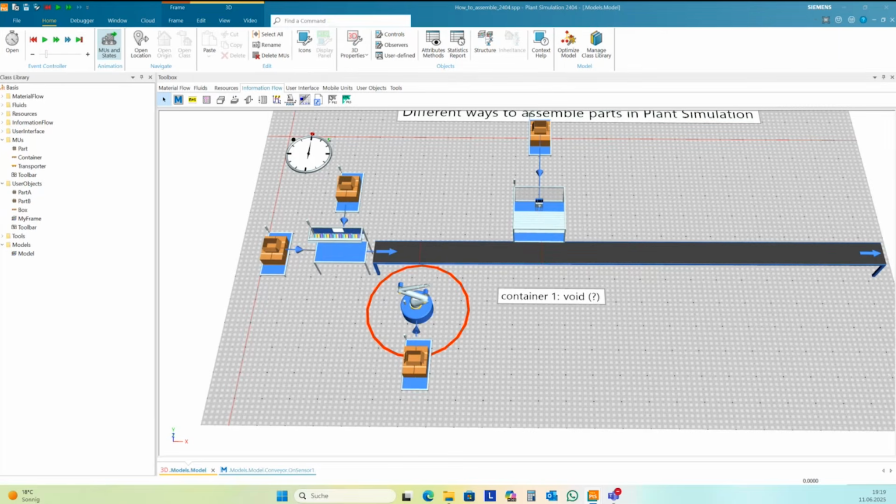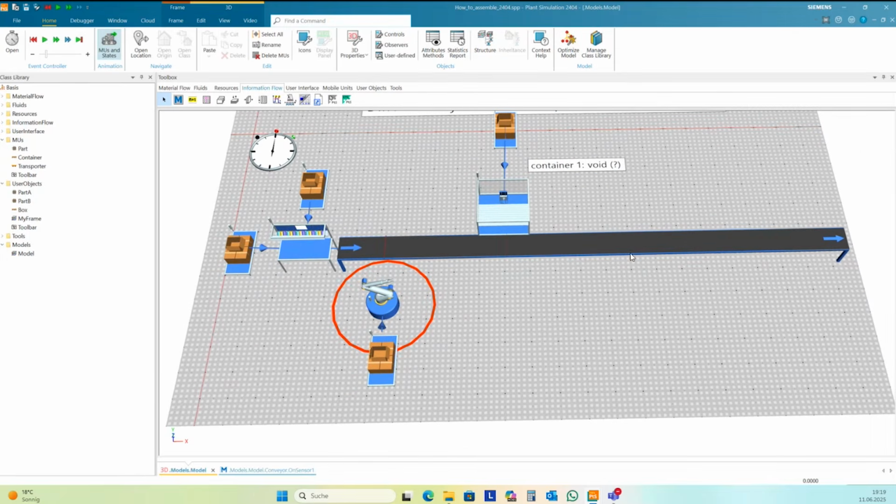So next, I want to assemble one part with the worker. And so I need one additional source for the next part. And I need 2 workplaces. One workplace for the source.